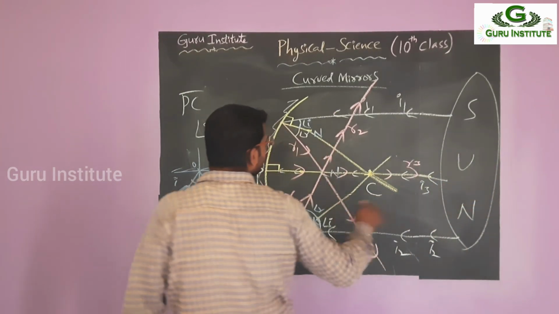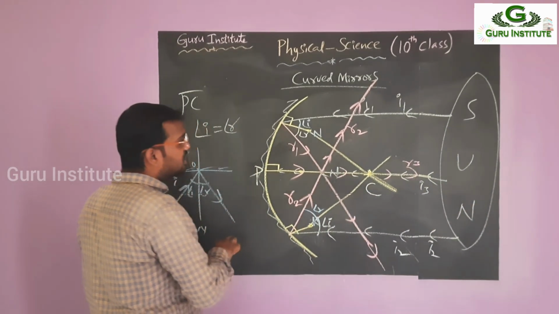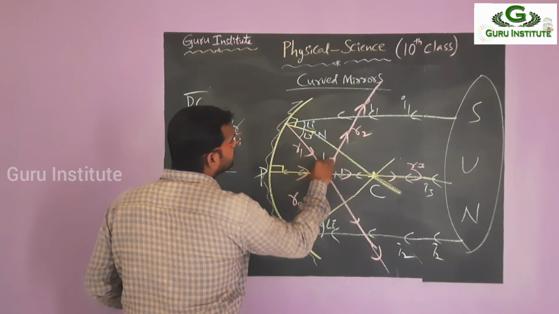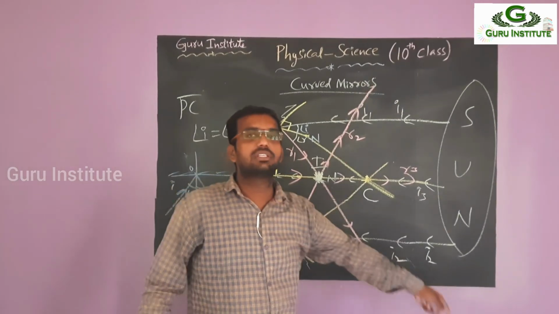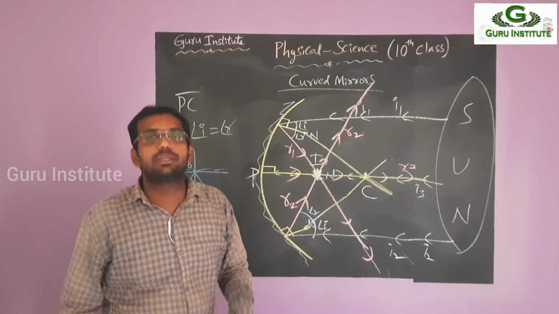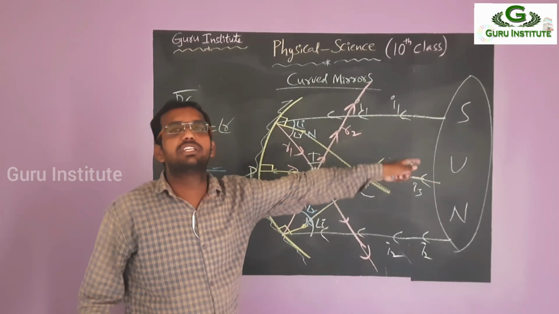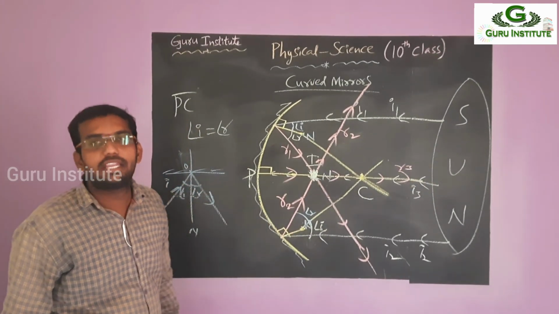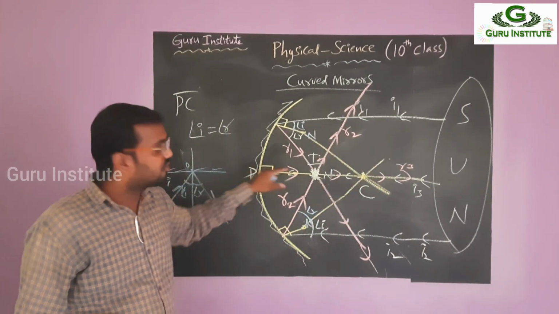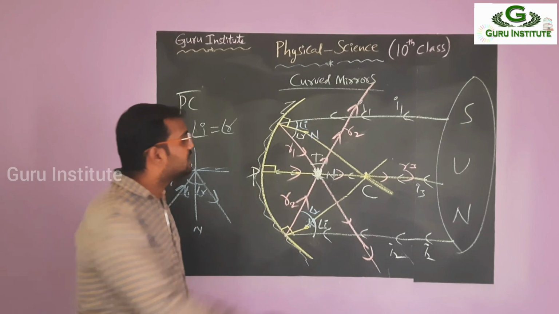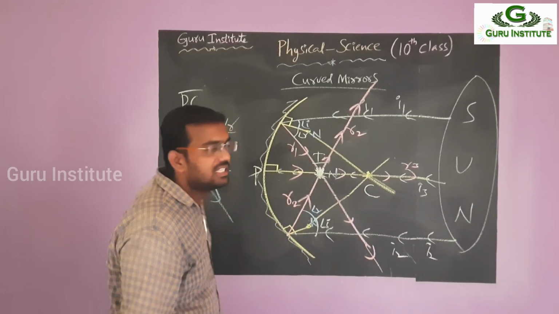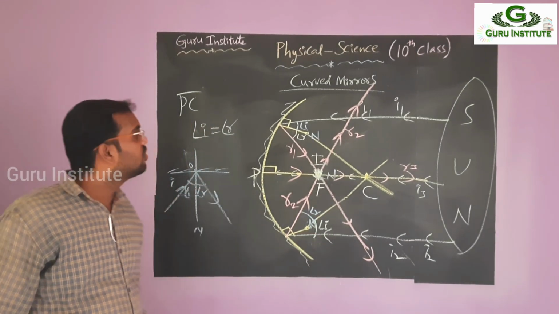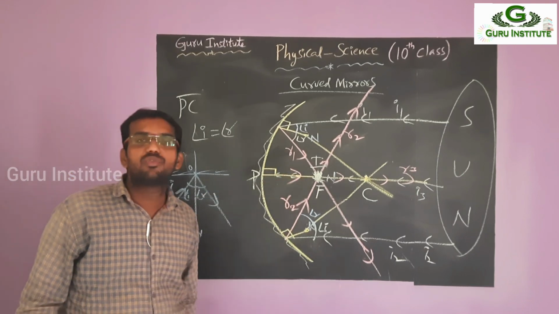So where are they meeting? They meet here. In this position, the image will be formed. Here the image is formed. So this large Sun is formed like a one-point image. I am taking the Sun, which means the object is at infinity. It is forming a point image. That means all the incident rays are focused at this point. Yes or no? That's why this point of focusing is called the focus or focal point.